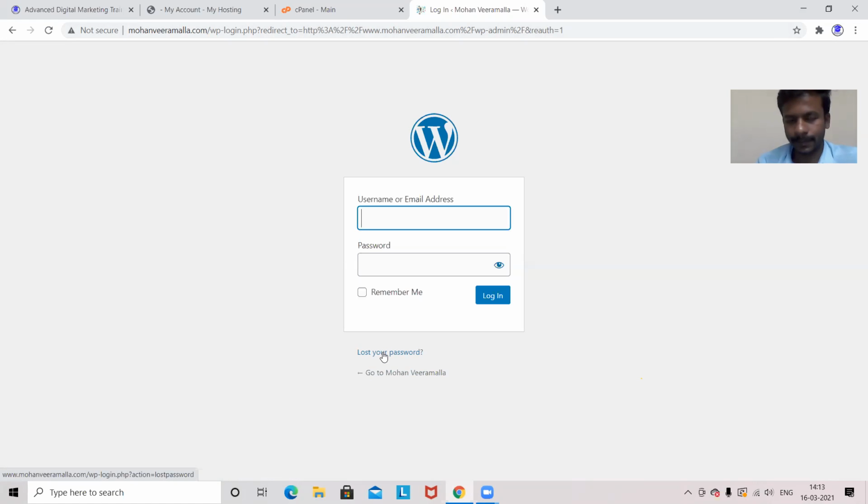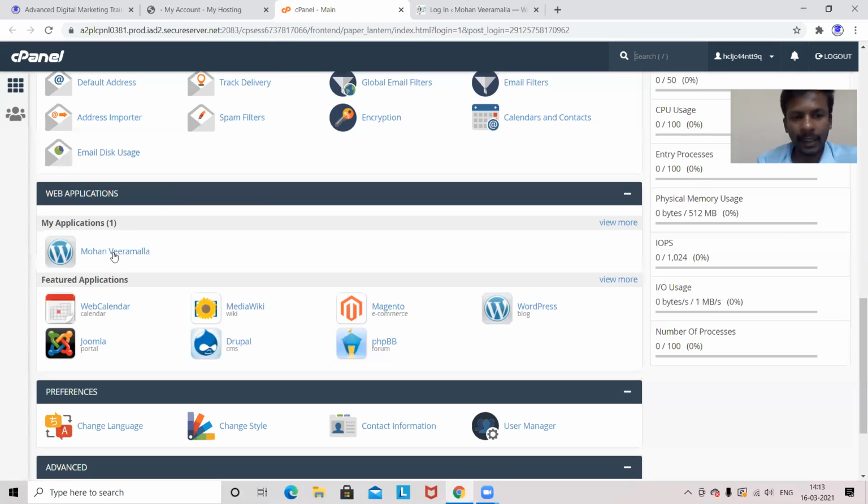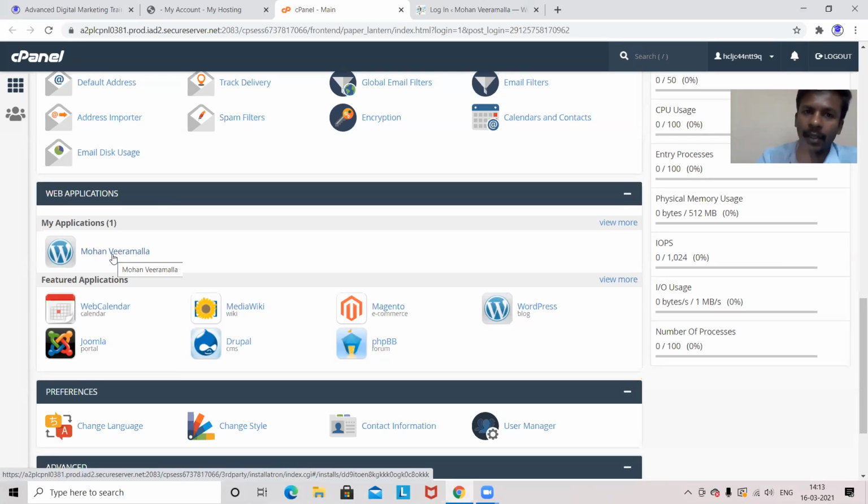If you forget a password, now if I go to cPanel here, I have an application here already. From here also I can go to my dashboard again without login. That means I already logged in to the service provider domain owner. From there I went to hosting manage. From there I went to cPanel section. From there I can see this application.